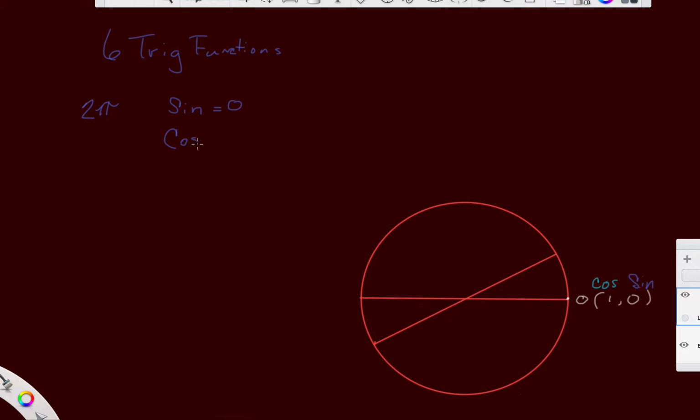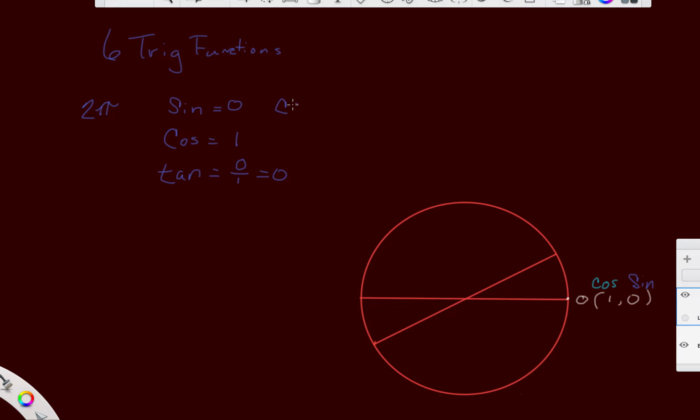cosine is 1, and the tangent, therefore, would be sine over cosine, which would be 0 over 1, and that tangent would be 0. And then the inverses of this. So if this is 0 over 1, which is 0,